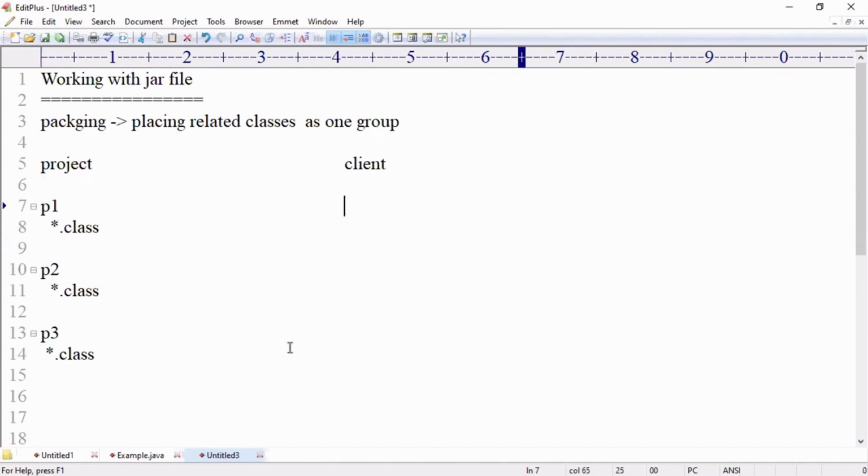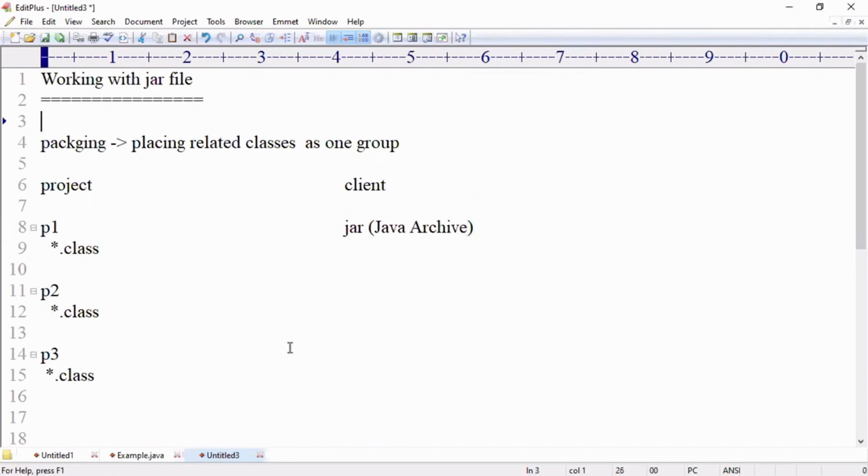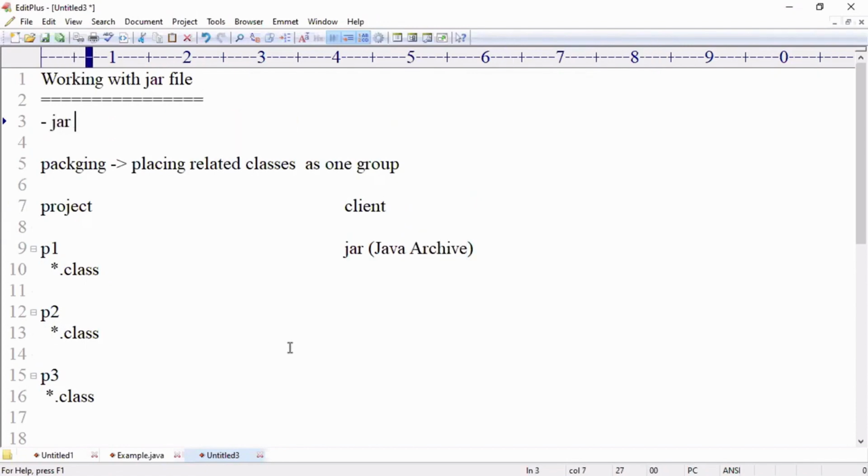That zip file in Java is called what? Jar. Did all of you catch my point? That zip file is nothing but what? Jar. So what is the full form of jar? Java Archive. Now you can pronounce it as archive or you can pronounce it as archive. Okay, now Java Archive. Now what is a jar? Jar stands for Java